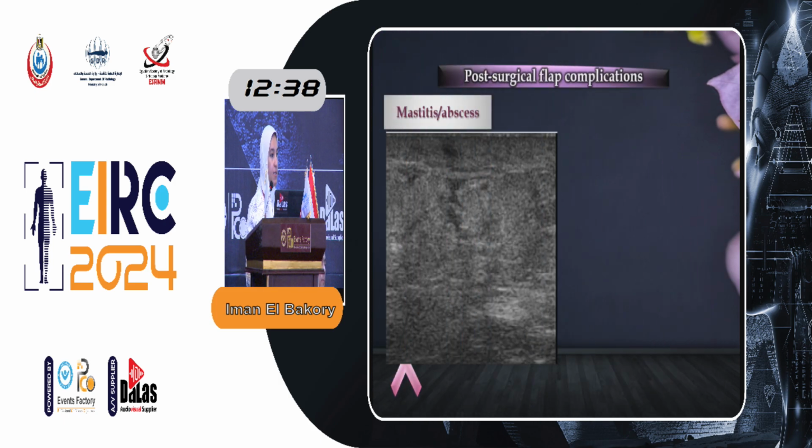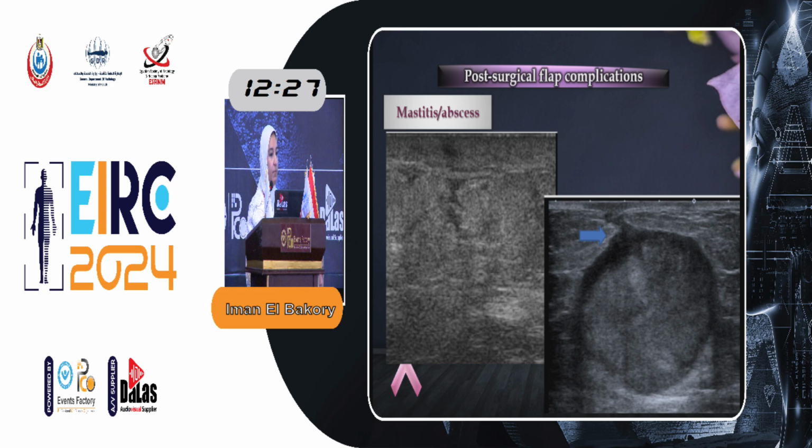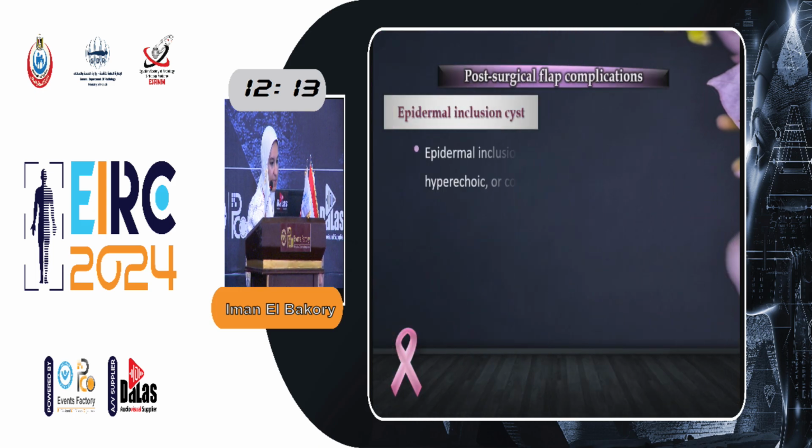Shifting to the mastitis, in which we can see the diffuse skin edema, the edema of the flap muscle, together with free-floating fluid that's present within the muscle. Whenever this fluid is loculated, then this is actually an abscess, and both should be classified as BI-RADS 3. Both need follow-up after proper medical management in case of mastitis and after drainage in case of abscess.